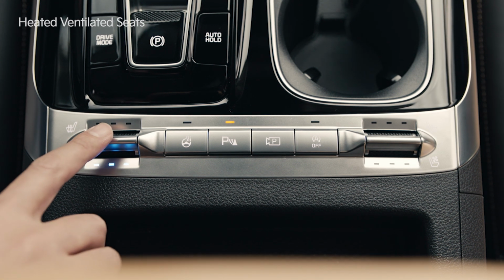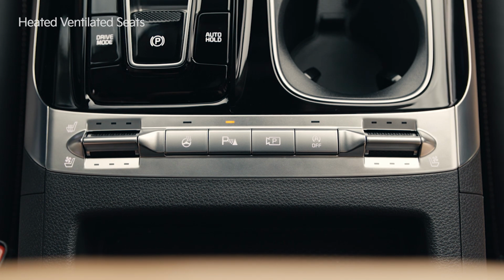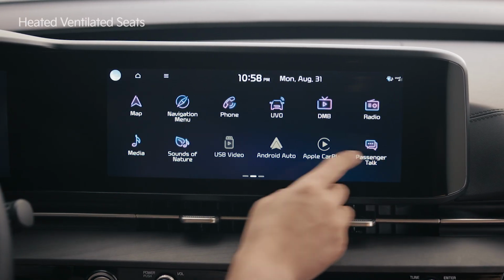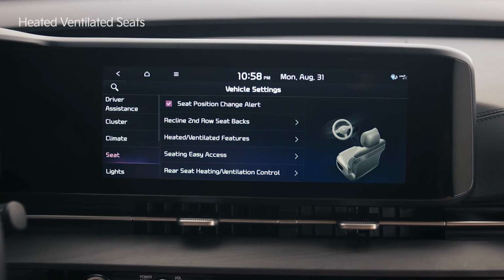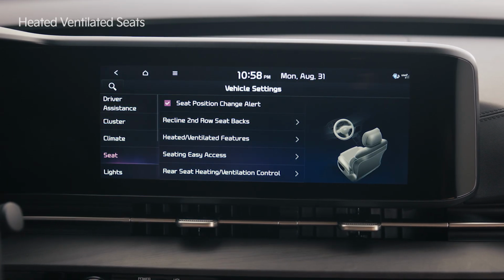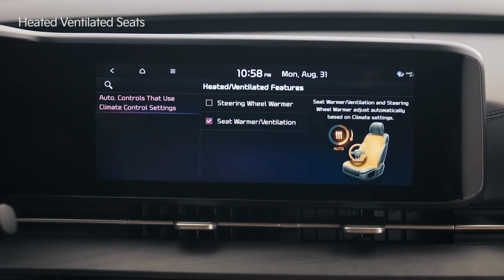The seat warmer and ventilated seats can be turned off by holding the switch up or down for about 1.5 seconds. On the infotainment system screen, tap Setup, Vehicle, and Seat. Then go to Heated, Ventilated Features, Auto, Controls that use climate control settings, and select the steering wheel warmer and